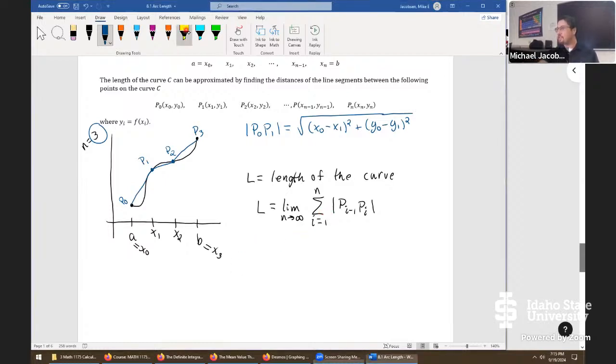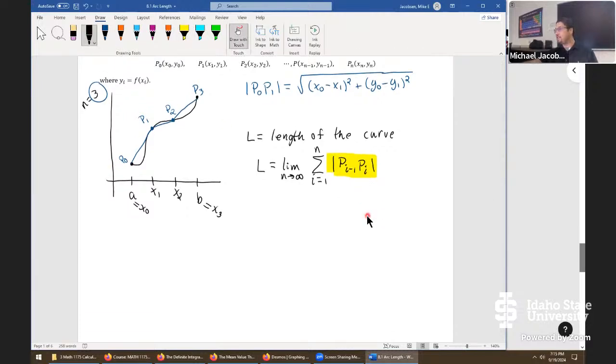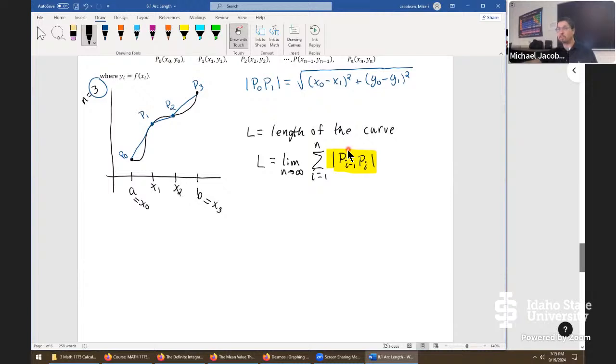What we need to focus on is that. That's where all the interesting things happen. The notation is a little bit weird for the summation. Think as i is 1, this is P naught to P1. So we're just finding that distance. But we need to do it out generically, so let's write this out, kind of like what's above here. But now let's put in distance from P(i minus 1) to P(i) is going to be equal to square root